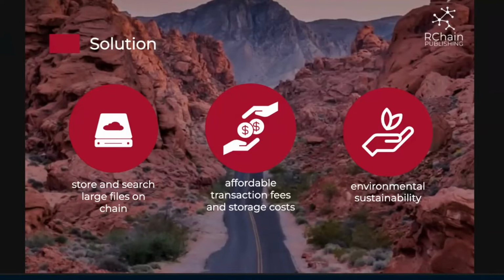And we're talking with a couple of what I can only call marketplaces, so places where NFTs will be bought and sold. And part of the RChain Publishing solution is not just to have a dApp that helps me as a self-sovereign individual manage my data, mint NFTs, but also enable me or anyone else or any organization to create their own marketplace and kind of white label it using the technology that we're building.